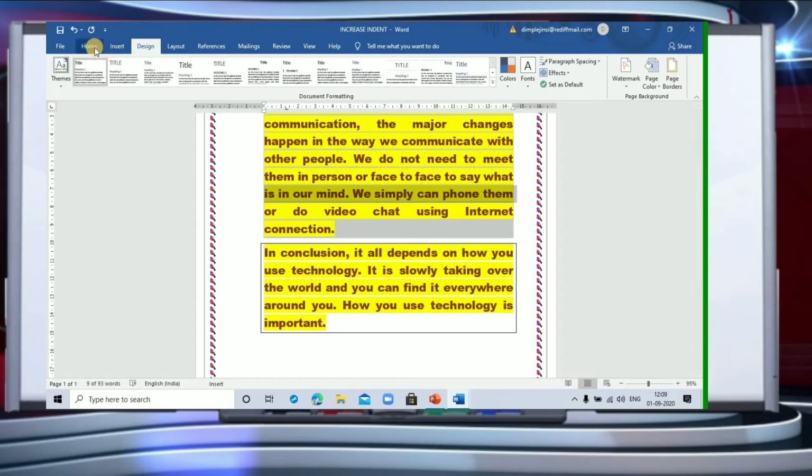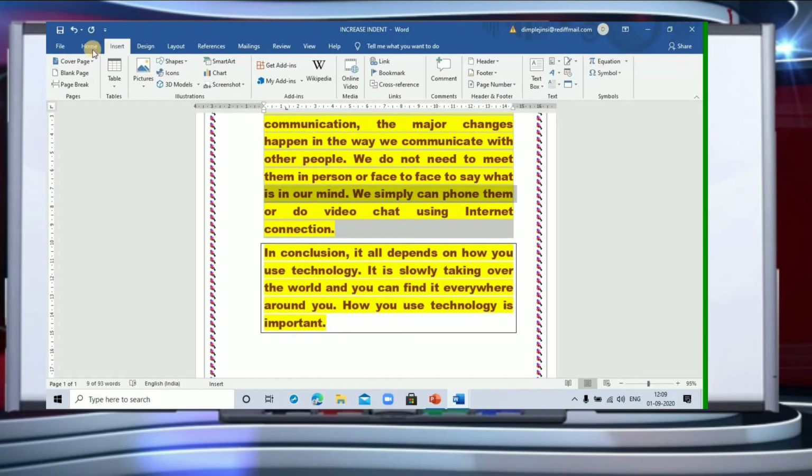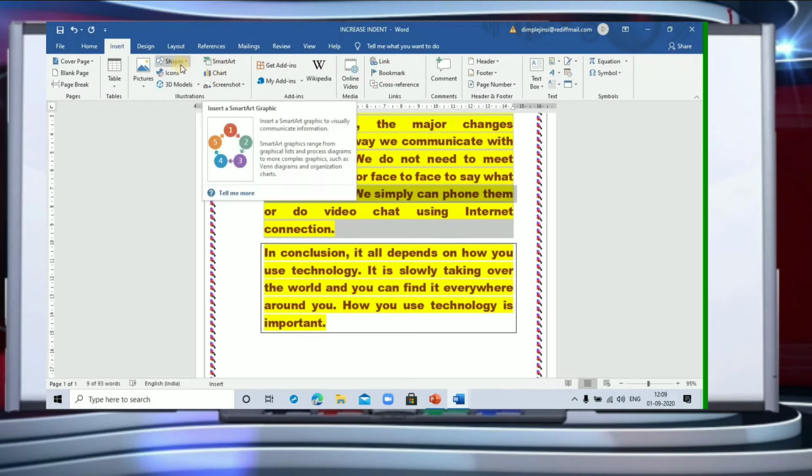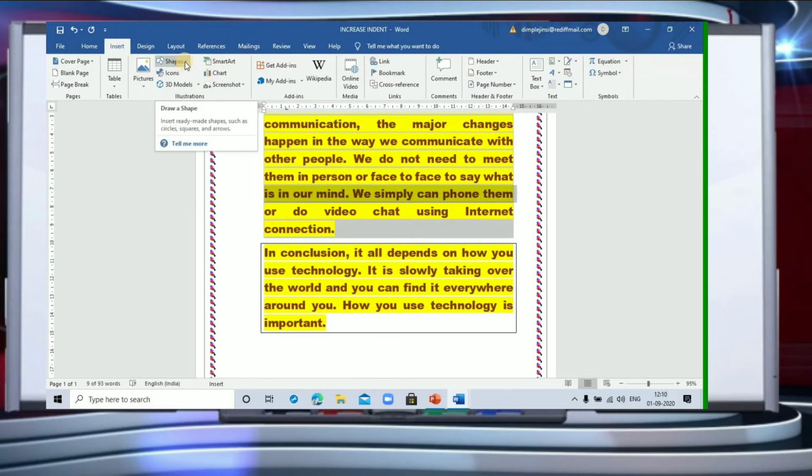Then next, we have how to insert pictures in our document. For that, again, we have the insert tab here. We can go to insert. You have chart, you can have smart shapes, you can have shapes. Anything that you want to insert into your document, you can insert. I can show you how to insert it.